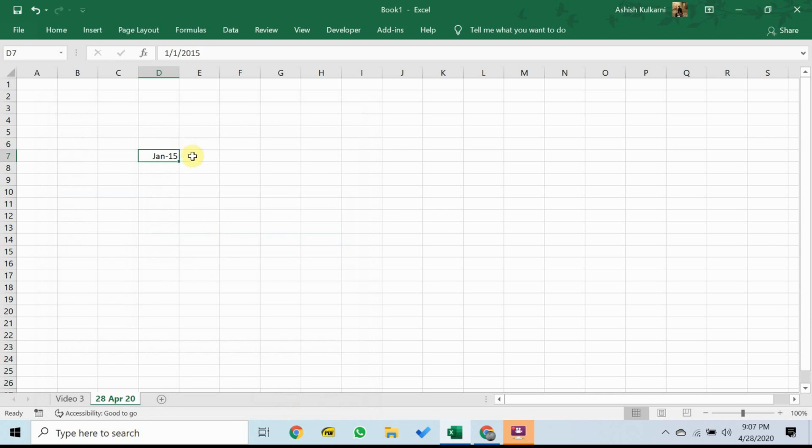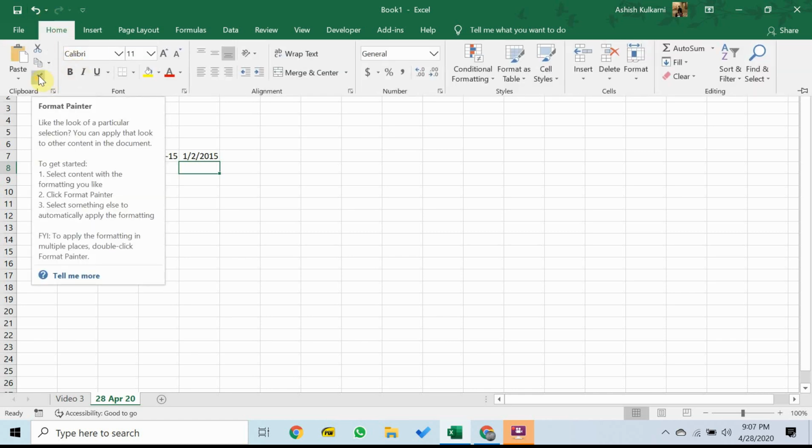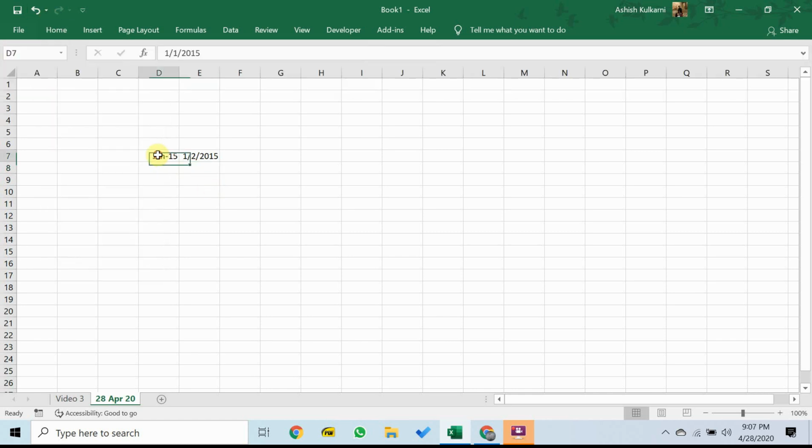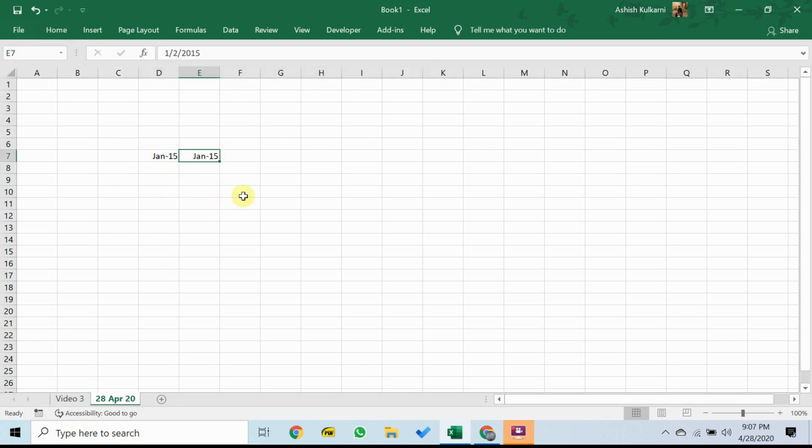Now the thing that I need to keep in mind is if I were to enter 1/2/15, I would have expected that this will be the 1st of February 2015. But what I'm going to do is use the paint format or the format painter button over here, and I'm going to copy the format from this cell and paste it on this cell.